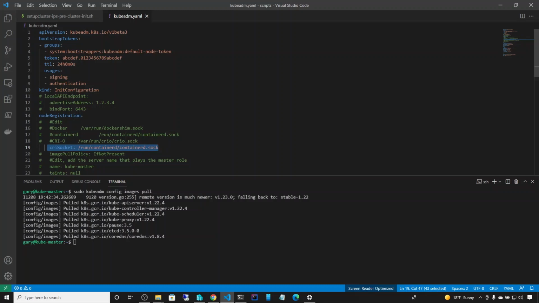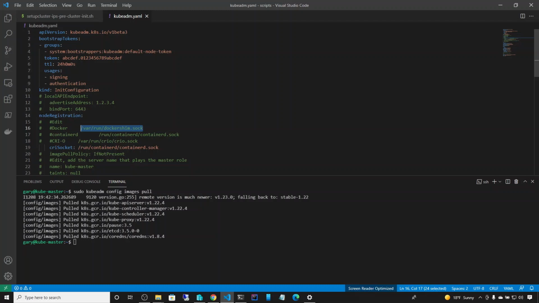In my case, I'm using containerd, so this is the location that Kubernetes will be looking at, or kubeadm will be using during the installation, because that will set the default CRI to this. If you're using CRI-O, this is the location for it. If you're using Docker, this is the Docker location. If you're using Docker, you won't need to specify this because it assumes that by default, up to this point,